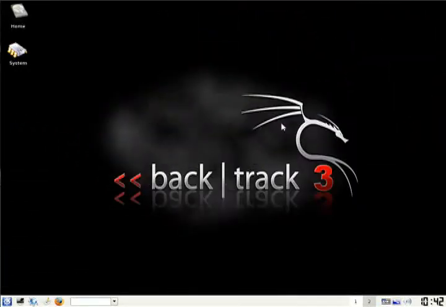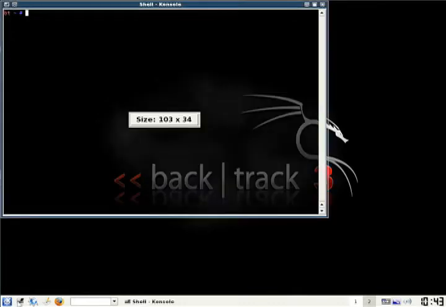Alright, so the next thing I wanted to show you is how to use AutoPwn in Backtrack 3. I find this method a lot easier to use just because it uses a different SQL server called SQLite3, and it doesn't require that you create an extra user in order to connect to it, so it takes out a whole extra step in running another program or creating another user to run the plugin.